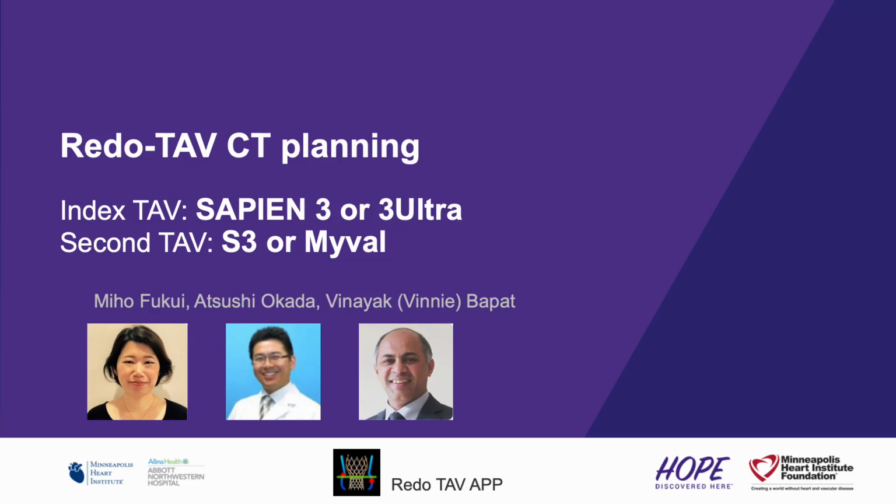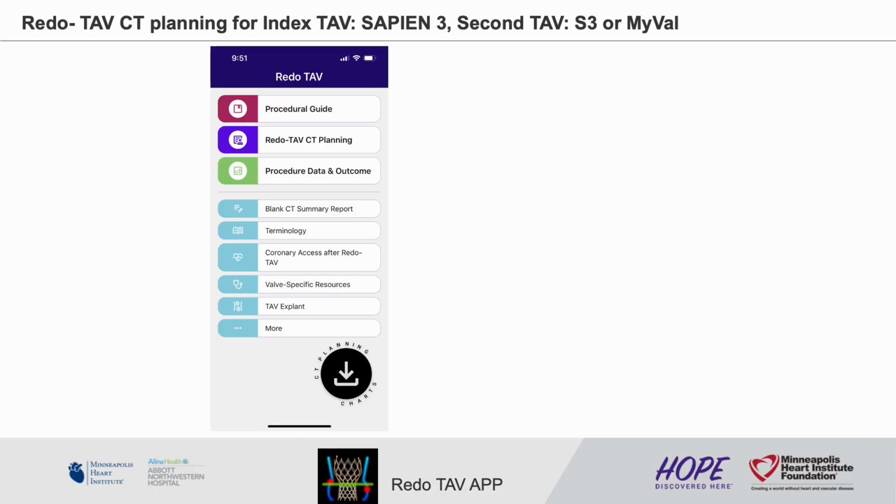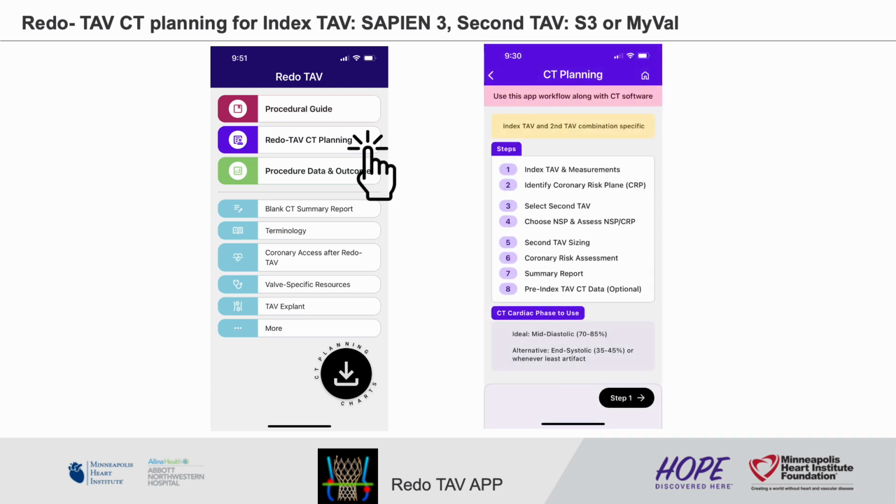This video shows you how to do pre-procedure CT planning using the Redo TAV app, for cases where an index TAV is SAPIEN 3 and the second TAV is SAPIEN 3 or MyVal. When you click Redo TAV CT planning on the home screen, first you will get the overview of all steps